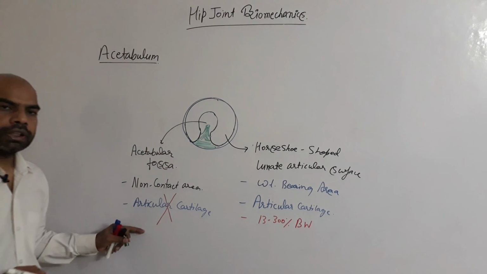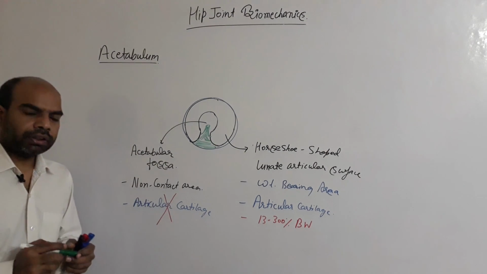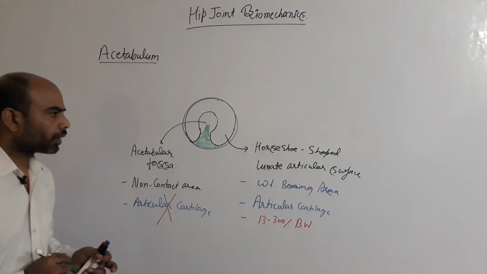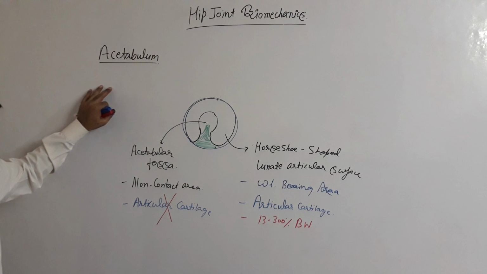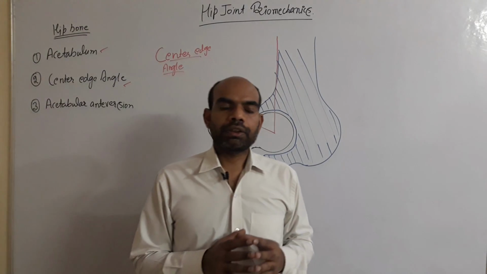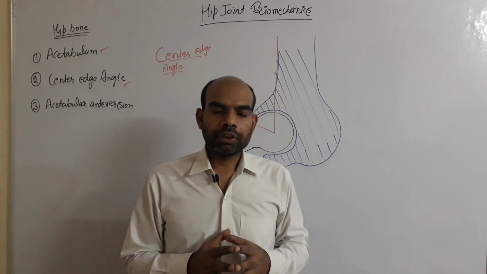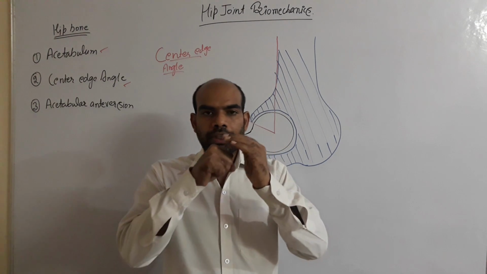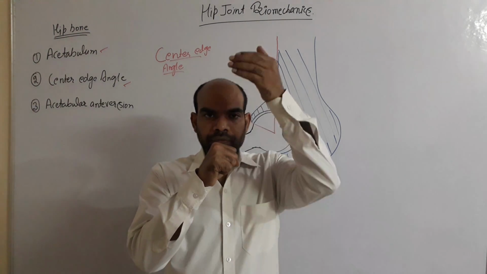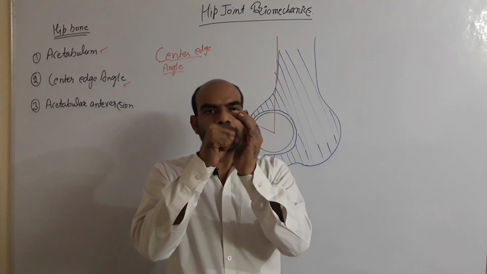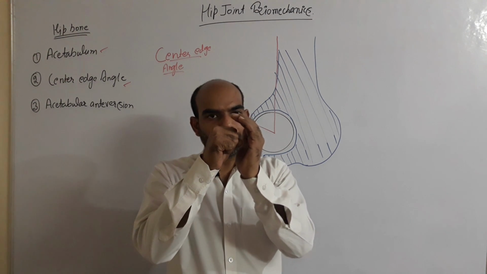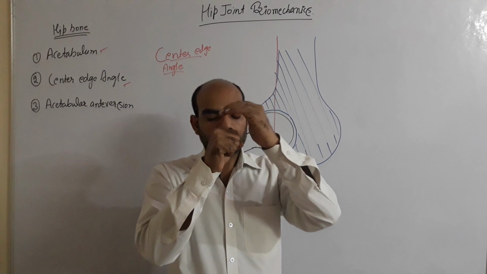And blood vessels and contact with synovial membrane. Now move on to angles of the acetabulum. An angle is described as the extent to which the acetabulum covers the head of the femur in the frontal plane. If the head of the femur is positioned like this, it is less covered, and if it is more covered, the angle is larger.